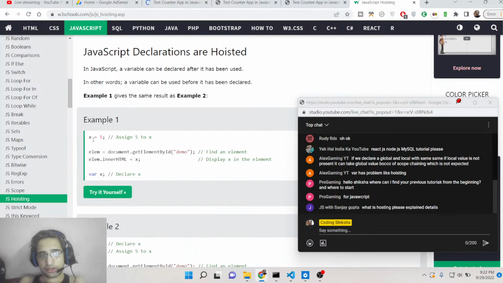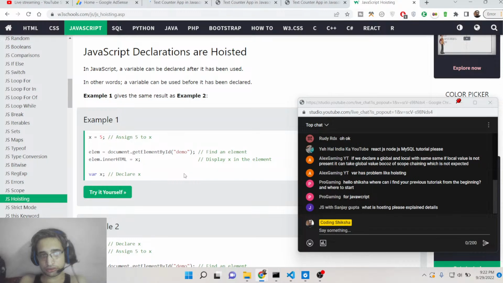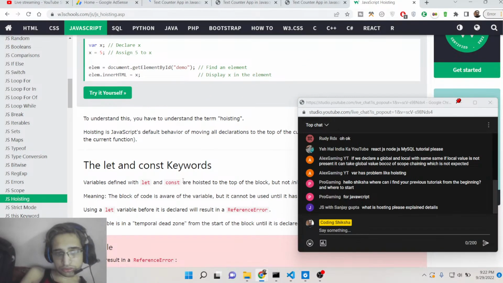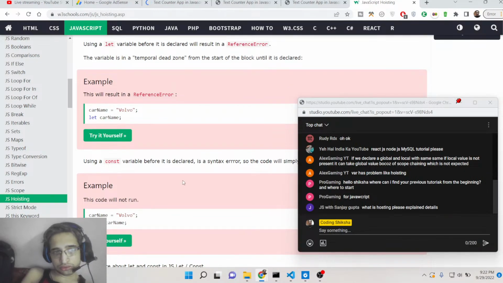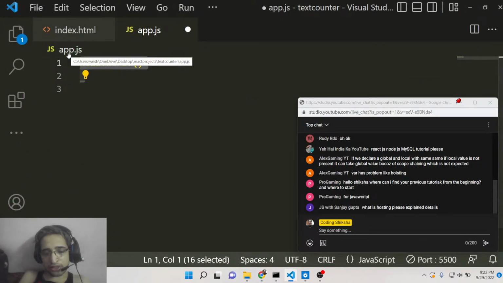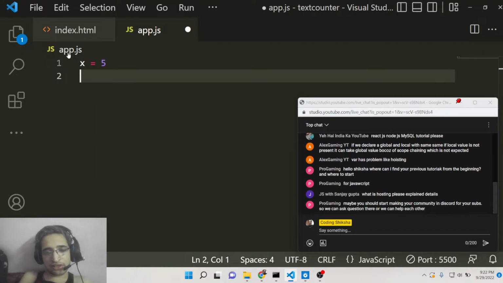So if you see here, assign 5 to X. For the variables, it's very easy. Basically, if you're trying to access a variable, trying to initialize a variable before declaring it,